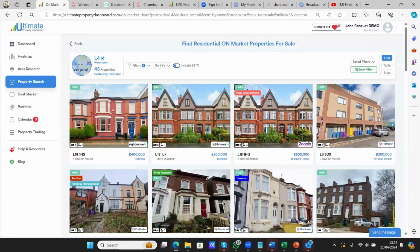Now, again, that took about 30 seconds or so, but we've searched probably about 20,000 listings there for our HMOs. And you can see there we've got properties that are HMOs. Okay, so we've got our HMO listings. And critically, amongst all of this,